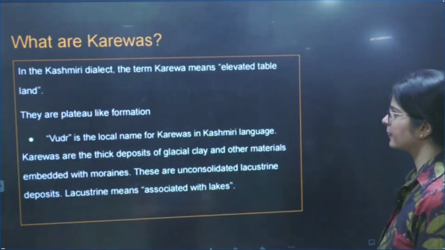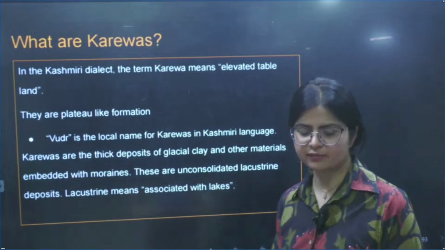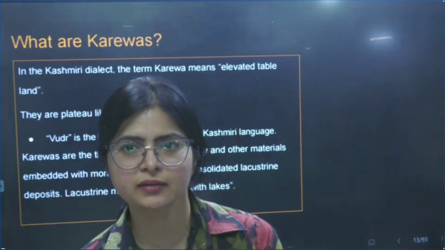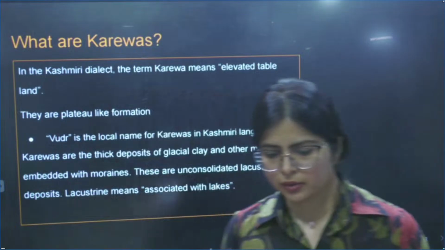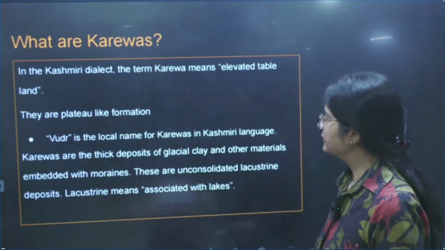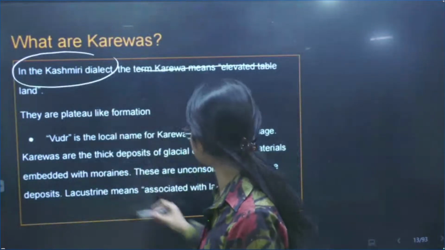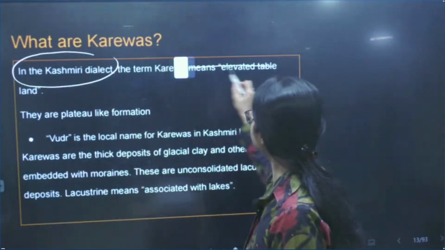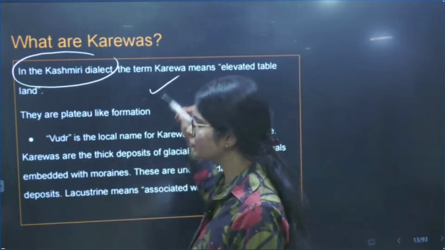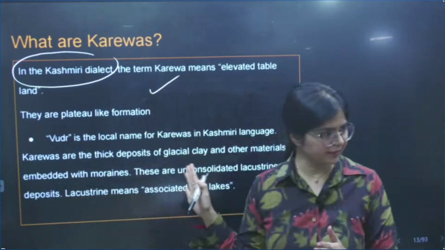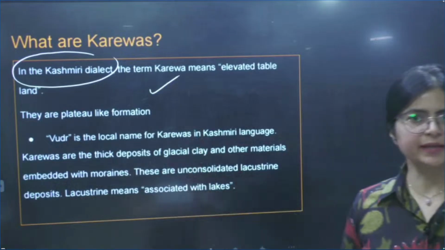This is the one. Anybody who wants to just have a look at it, because I have given a question on that, so you can write down if you want to write. In Kashmir dialect, the term Kareva means elevated tableland. इसका मतलब क्या होता है करीवा का? It means you can start the answer also like that. There is no problem in repetition if you just take down the notes and you will replicate it.